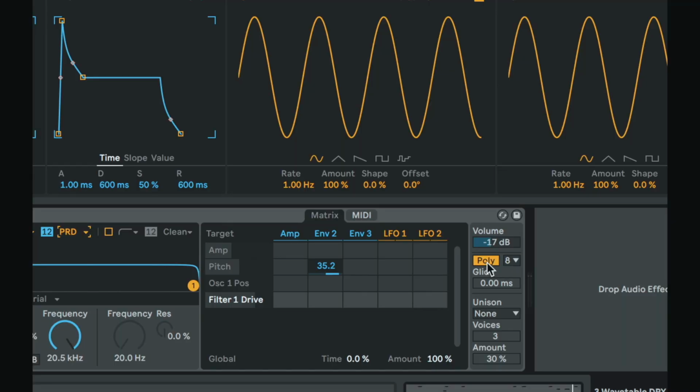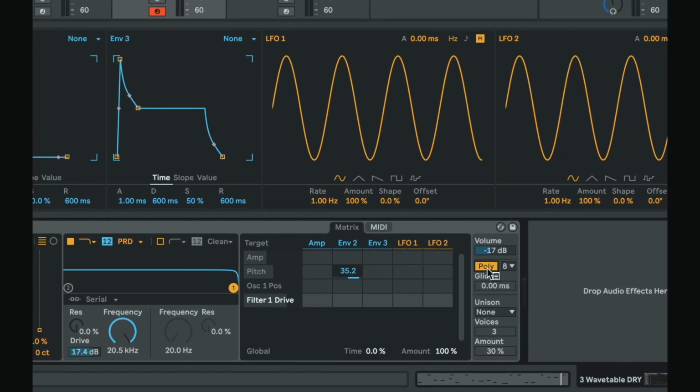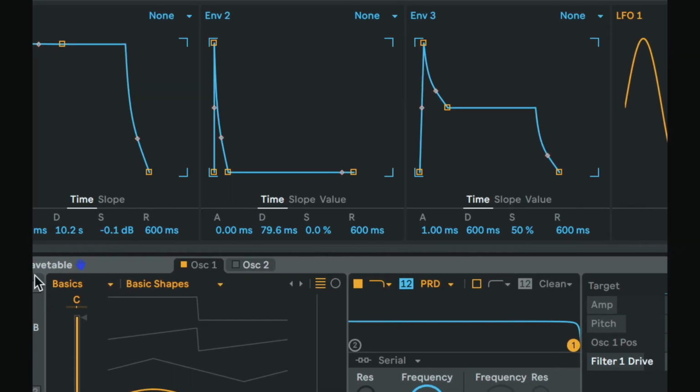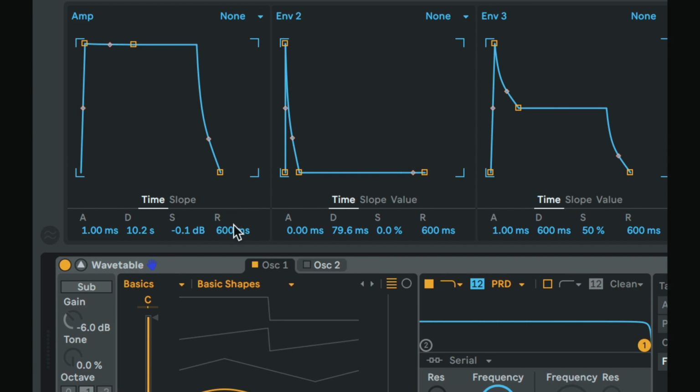Basically, when you're working with a bass, you generally want to have a monophonic synth. So please make sure you click on the poly, turn this thing into a mono. What that's going to do, if you have long releases, let's take this off real quick. If we have long releases on our amplitude, let's turn this up a little bit. Okay, that's like a long release. Now if I play fast,